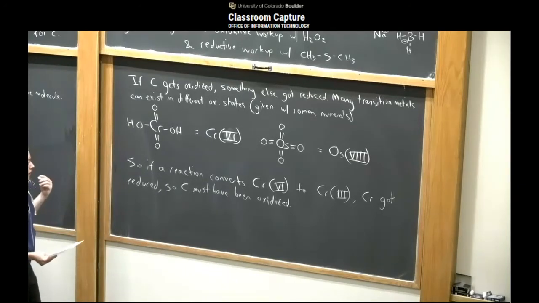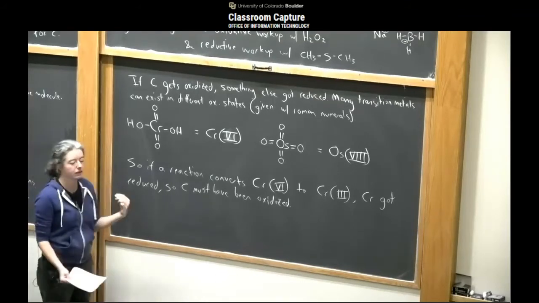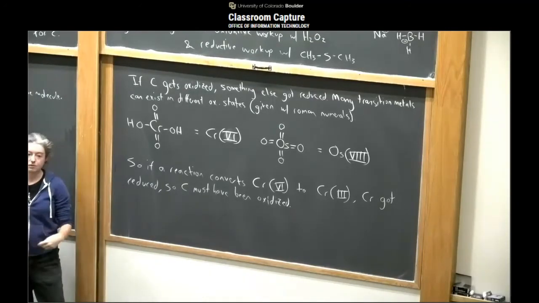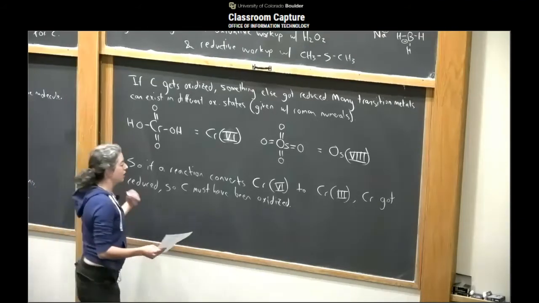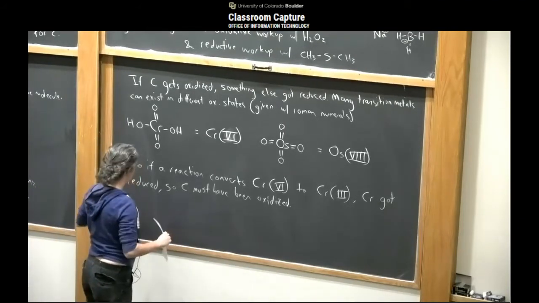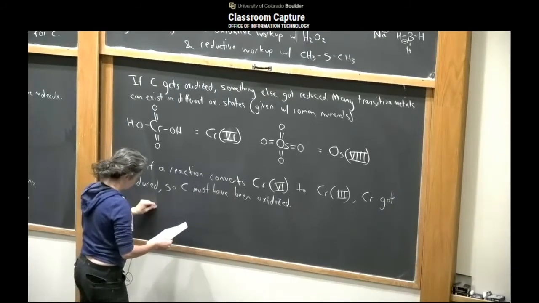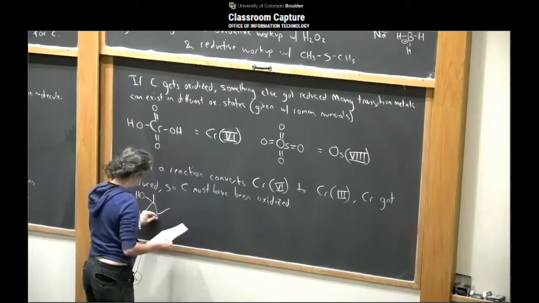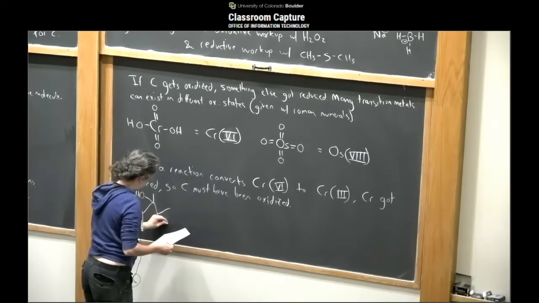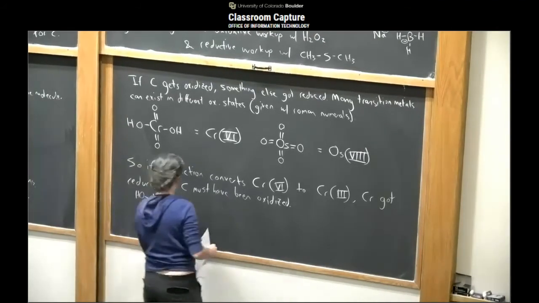So a lot of the time, even if we have no idea how to do an actual reaction, if it's not one that we've covered in class so far, or if it's a new one that people are seeing in the lab and they're not real sure what's going on, they can at least narrow down what's happening just based on what's changing on the molecule, like oxidation, reduction, or neither. So for example, this reaction here,